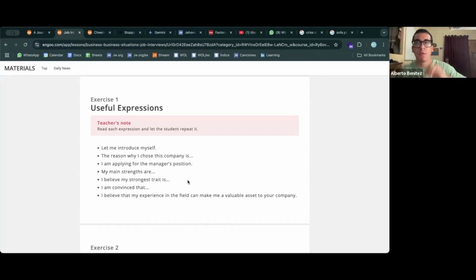And let's say if we had to pinpoint one of these expressions, which one would it be? I think the first one, let me introduce myself. I think it is the most important of all of them. Yeah, I like that one too. I honestly use it very often. It's a very good way to just say, "Hey, let me introduce myself." Yeah, it is the starting point, in my opinion. First, you need to say who you are, and after, the questions will come automatically.